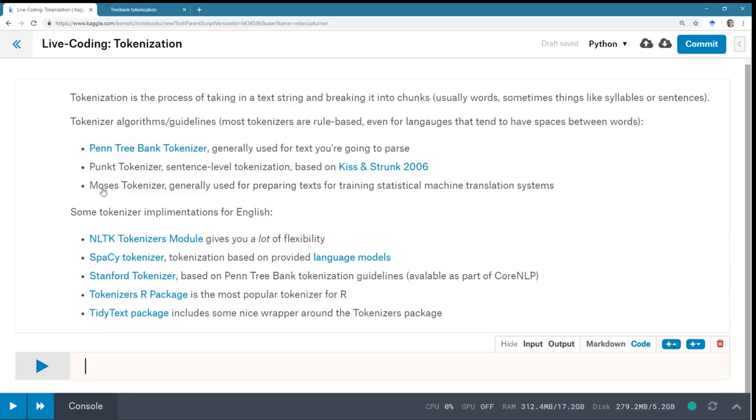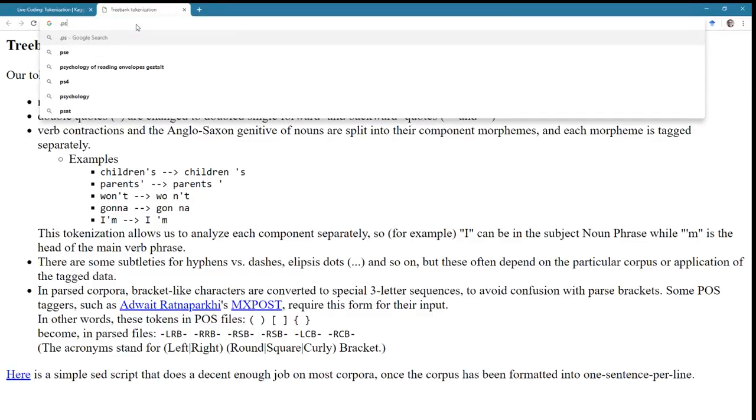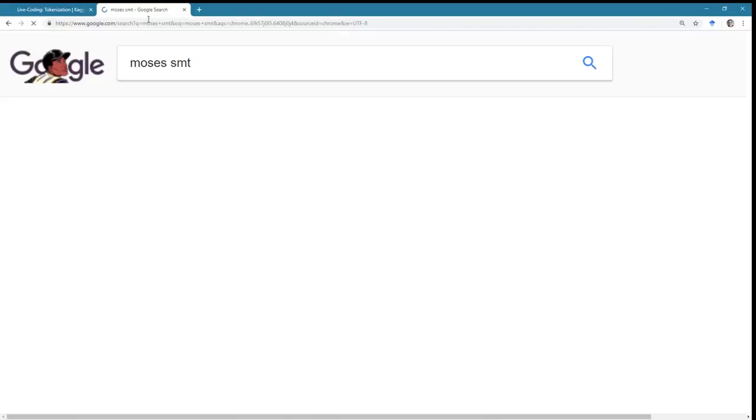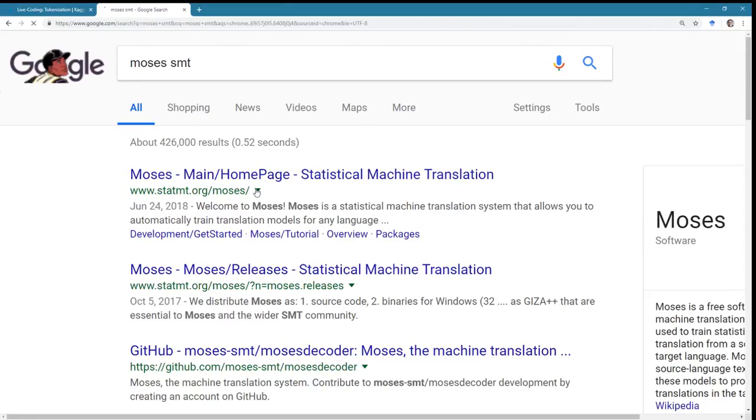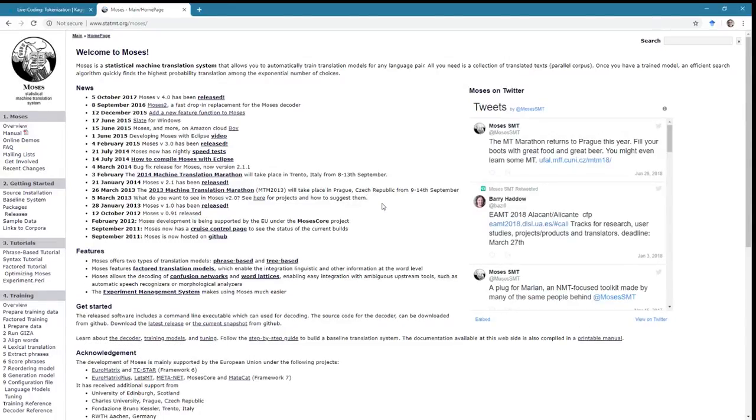And then the Moses Tokenizer is part of the, that's not how you spell that, Moses Statistical Machine Translation Project, I guess you'd say.